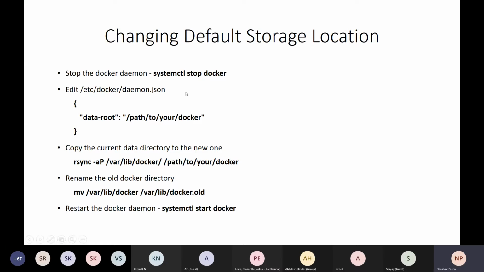Stop the Docker daemon, provide the new or custom path information in the daemon.json file, and migrate your existing data if you wish from /var/lib/docker to a new location, and rename your old location so that Docker doesn't look for that, and start your Docker daemon. Then Docker will reference what? The new location which you have pointed to, to read and write the information about Docker.